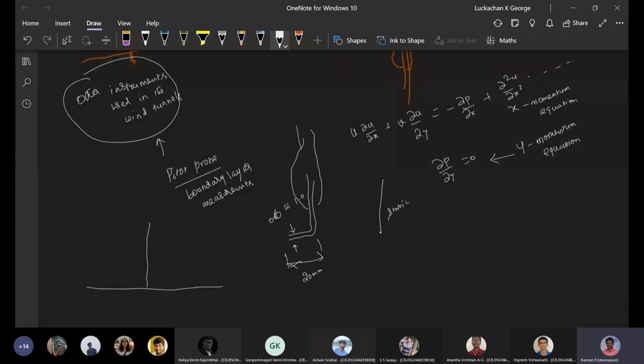I'm going to assume whatever the undisturbed stream static pressure is, that is the static pressure at that particular location. And with this probe, I am going to get my P0. Using P0 and P static, I am going to measure the velocity and draw your velocity profile over there. That is one way of measuring your boundary layer.